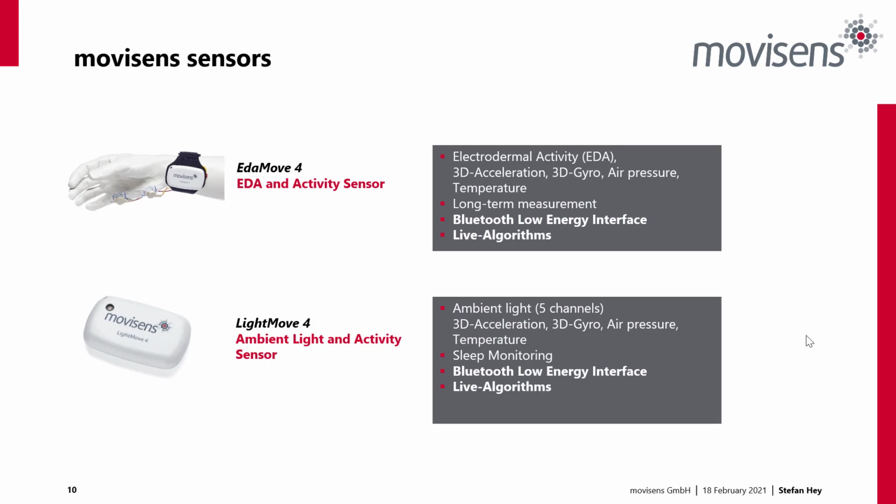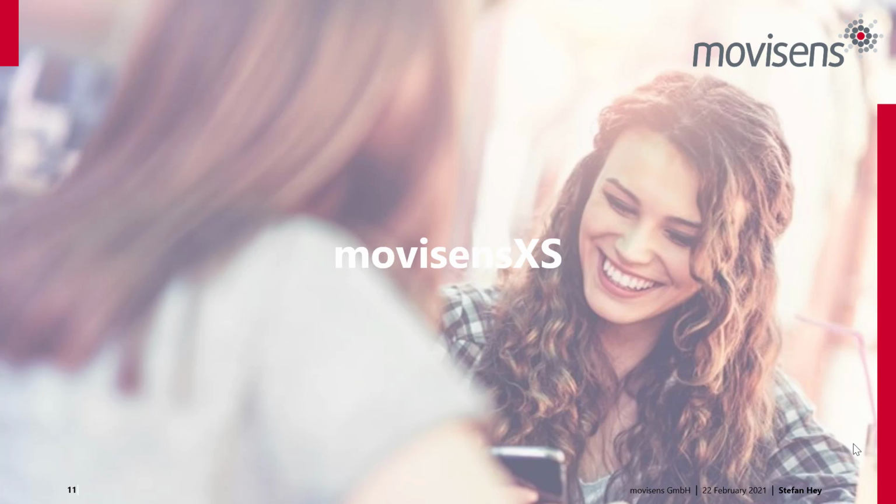And then, I guess, our mid-range sensor, which is the Light MOV4, which adds an element of ambient light detection. So 5 channels of light detection. It's primarily for a lot of environmental detection work, understanding what lighting people are experiencing throughout their day. A lot of architectural people are interested in this, hospital design, shift work, circadian rhythms. Those elements come into play when you want the functionality of a physical activity tracker and also to track those elements. This is an excellent solution.